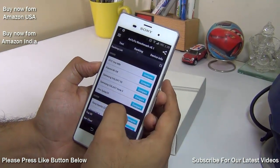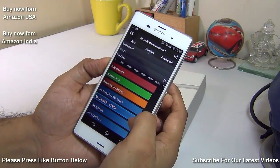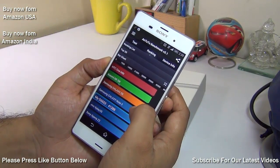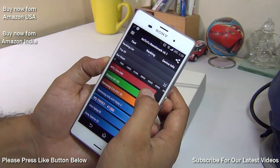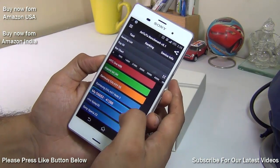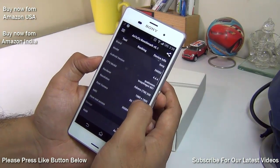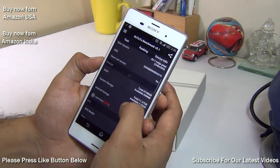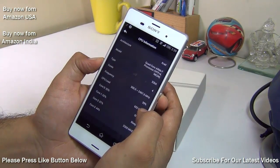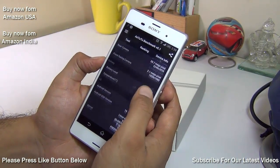If you see the comparison charts, you will see that it is easily in the top 3 or 4 devices with the Galaxy S5, the Note 3, HTC One M8. Some of these devices are in this range, it scores 41,288, which is just awesome. It runs at a clock speed of 2.5 GHz. It has quad cores, or 4 cores of 2.5 GHz each, 3 GB of RAM, and this one gets around,